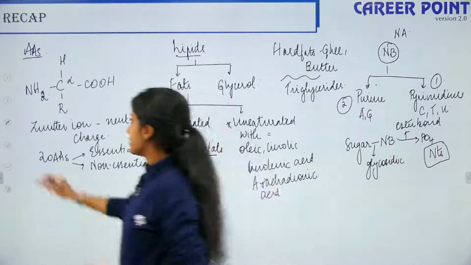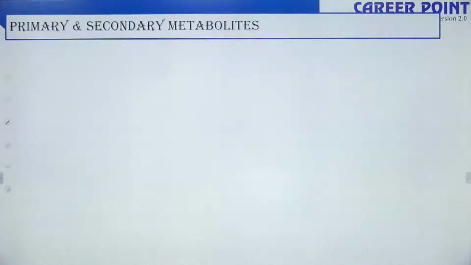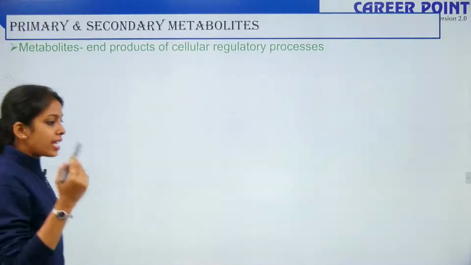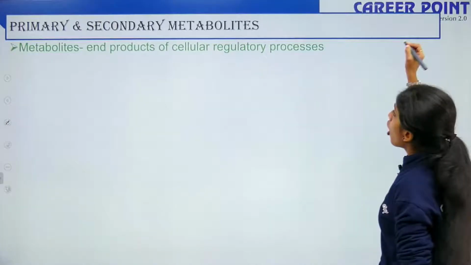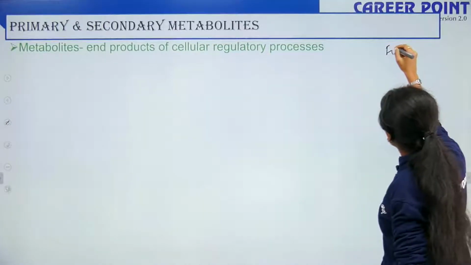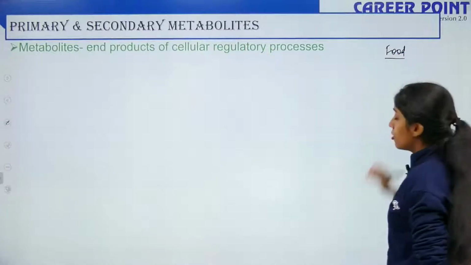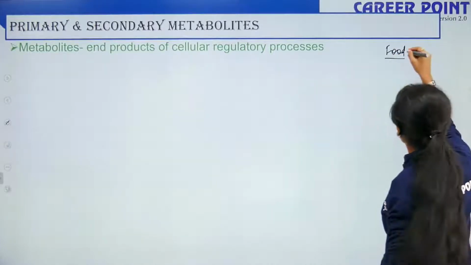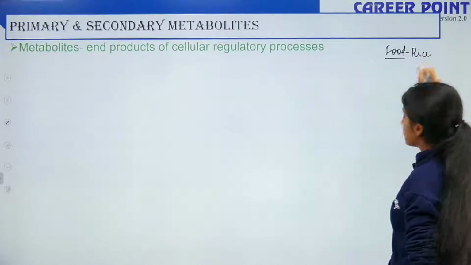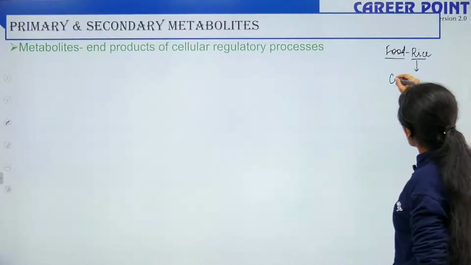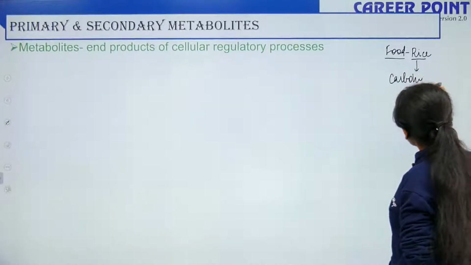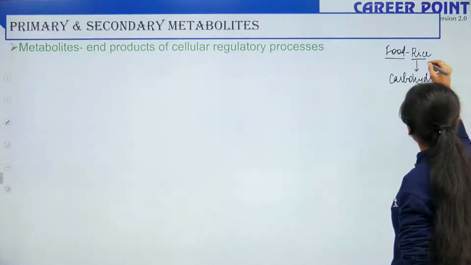Okay? Yes. So moving forward, I started this but I didn't complete. So what are primary and secondary metabolites? So your body takes in complex molecules, right? So you feed your body food, right? Say for example, we had rice for lunch. Okay, so this rice is broken down. So this is a form of carbohydrate. Why? Because rice contains starch,